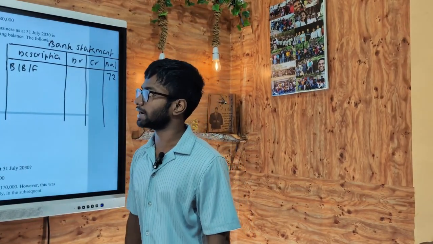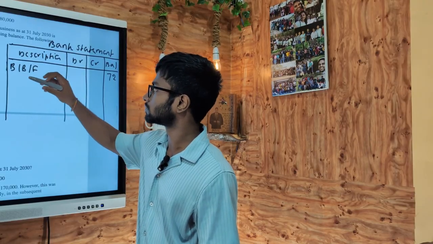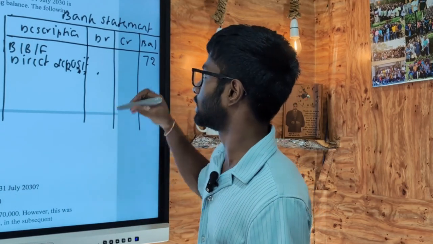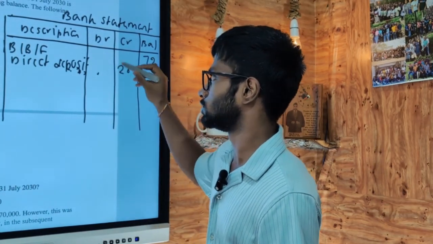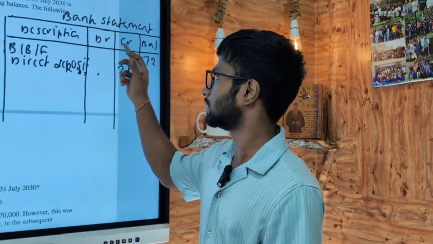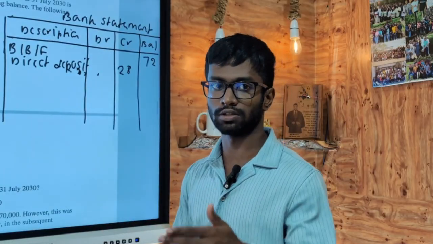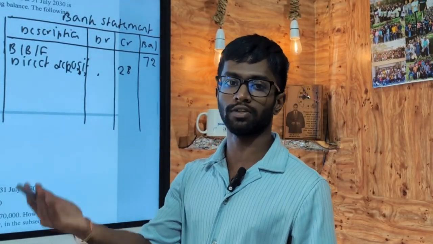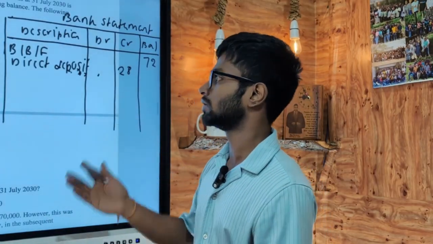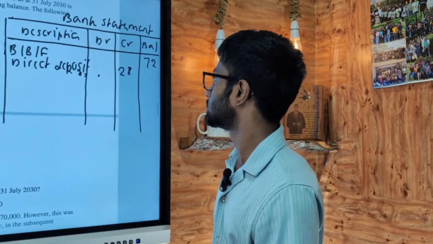Then you have direct deposits via debtor to the bank account. Direct deposit, which is 28,000, which would increase your balance. Now here you are making entries from the bank's point of view. Keep that in mind. So that's why when you have inflows, when you are getting cash, you credit the bank statement, because you have to think from the bank's point of view. From the bank's point of view, this is a liability. Whenever we go and deposit money to the bank, that becomes a liability. But the bank balance goes up. So 28 plus 72,